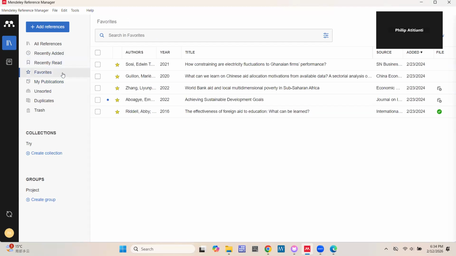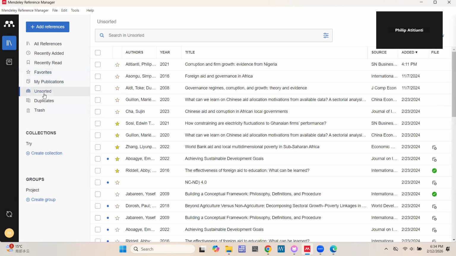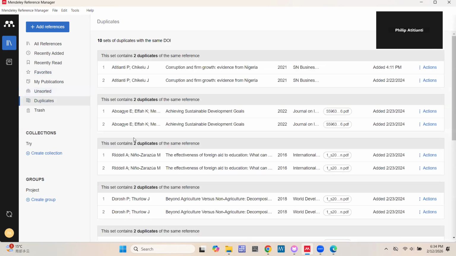And then your favorites, just like we're able to specify some items in our phones as favorites, you're also able to do that here. We'll look through that. This one also gives you the opportunity to showcase your publications. These are files which are unsorted, and then these are duplicates, just like we did for the Zotero. This also helps you to capture duplicates so that you can know what to do with them.